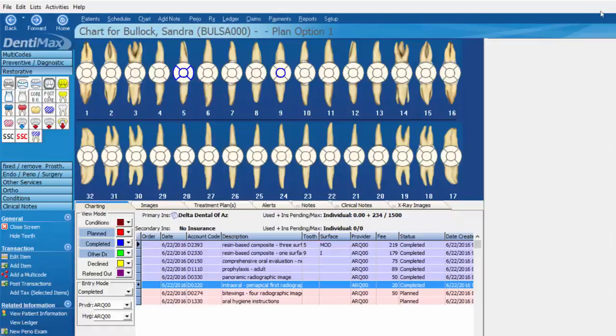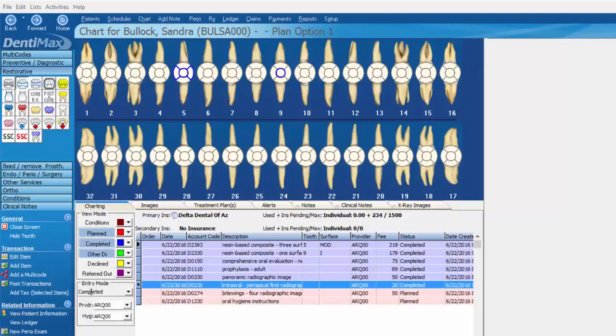Essentially, if you plan to do a sequence of appointments, whichever ones you do not post will still stay in the order in which they were originally planned. You just have to attach it to the next appointment. It doesn't automatically change its order. It's just still in the computer under the original order that you put it in. Some of you may not know exactly what that means, so I'm just going to do a quick example here